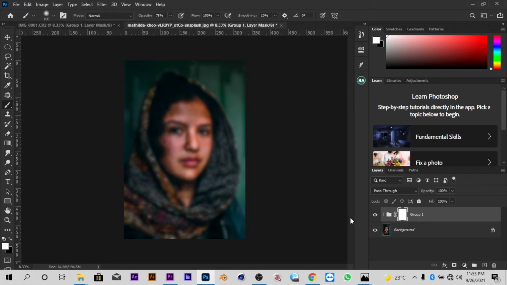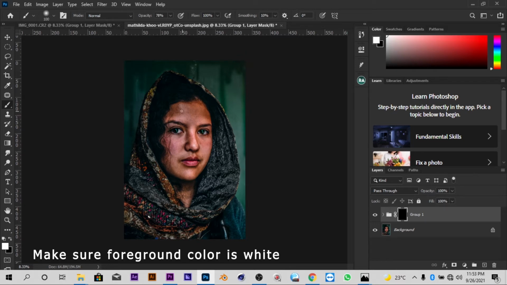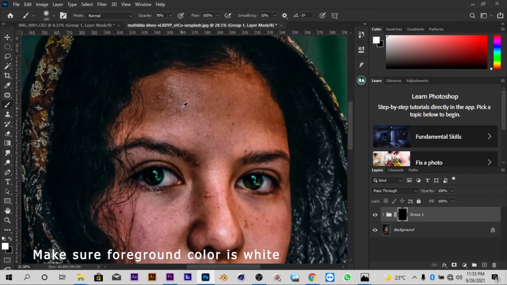Now, as you can see, the skin smoothing has been applied to every part of the picture. You don't want that, right? So what do I do? I'm going to invert this to hide it out. Now, the principle of masking entails that black hides while white reveals. So I'm going to click on my brush. I'm using my soft brush and I'm going to zoom in on the picture